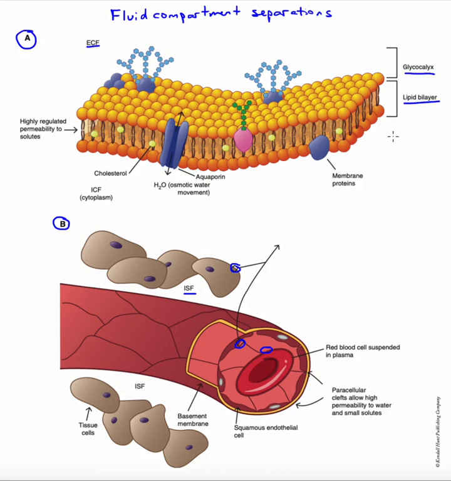Now, the key characteristic in terms of permeability of the lipid bilayer is that it is semi-permeable. It is basically permeable to only what is allowed to go through it via transport proteins and channels for hydrophilic solutes. Hydrophobic or fat-soluble solutes, if they are very small, will readily pass through. In other words, things like oxygen will readily pass through this membrane without requiring a transport protein or channel of some sort. Despite the fact that it is lipophilic, it would be repelled by the phosphate heads here, but it